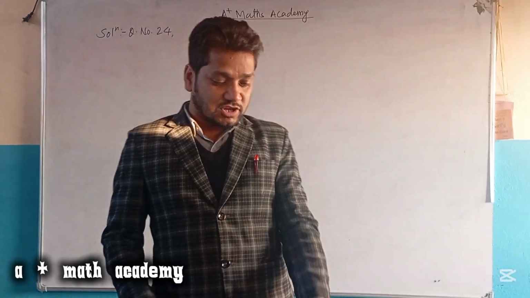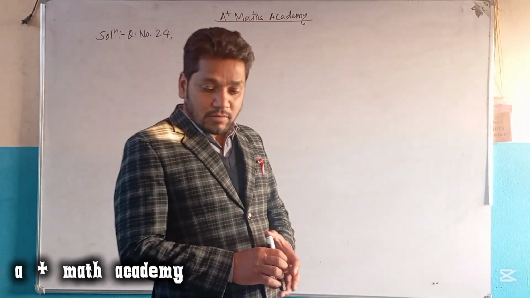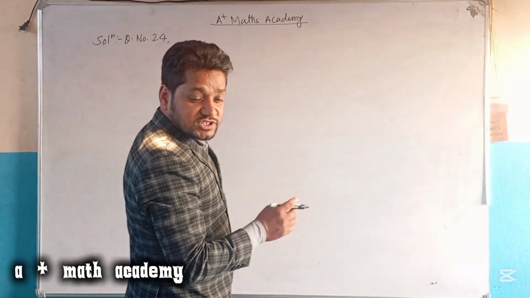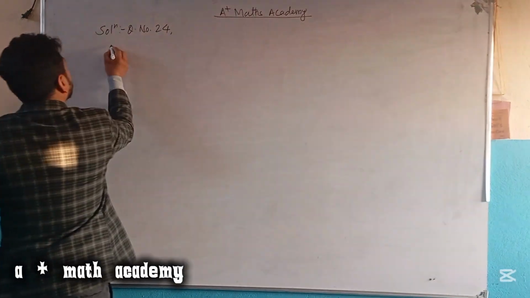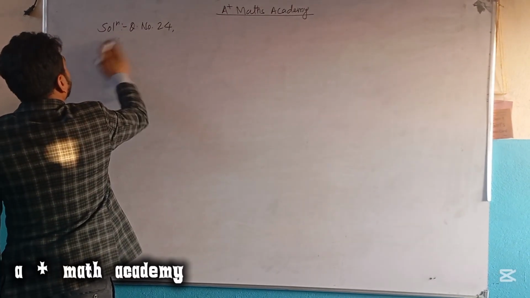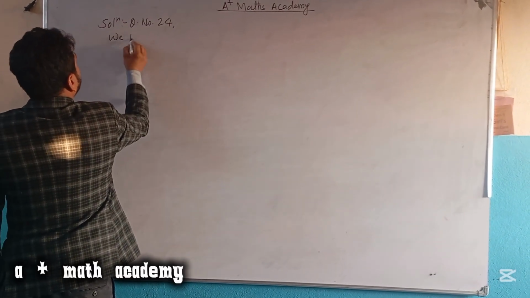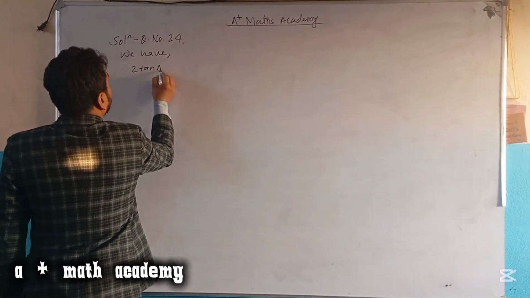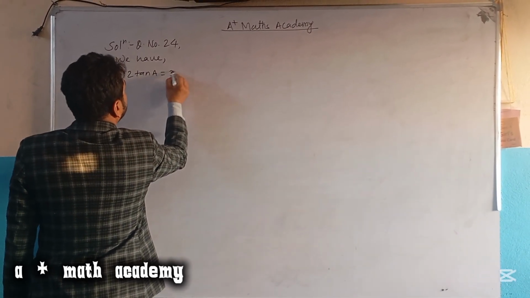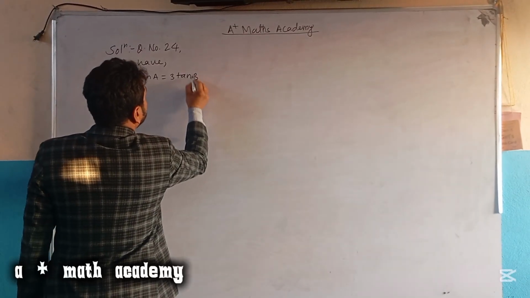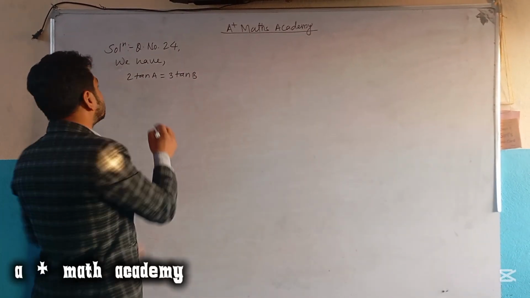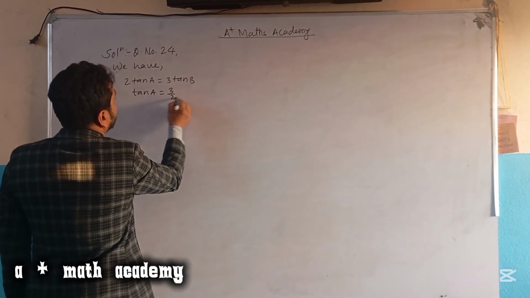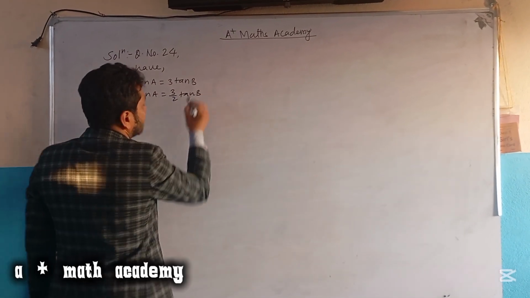Today I am going to solve another trigonometric problem. This is also an important question. The question is: 2 tan A equals 3 tan B. It is given to us, so we have to make it tan A equals 3 by 2 tan B,